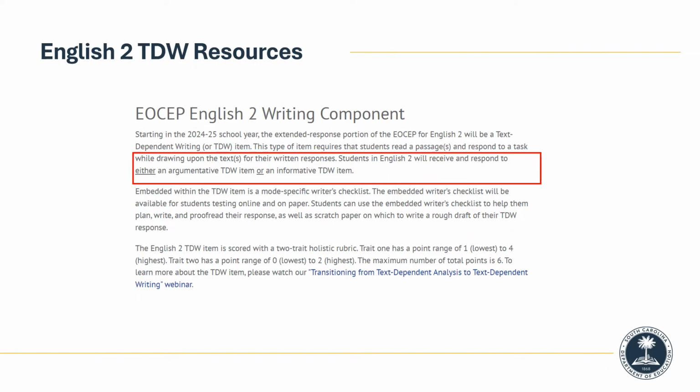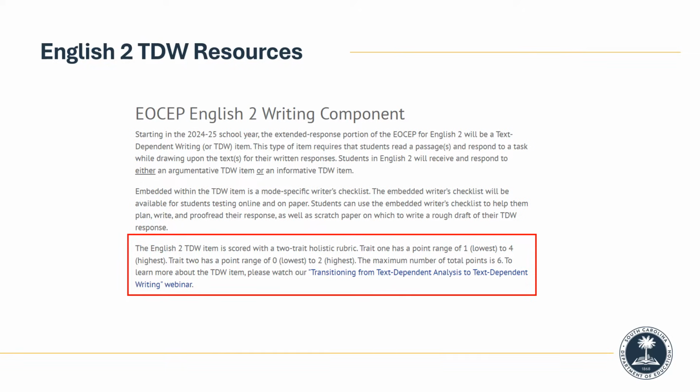The fall administration of the exam may assess in a mode that is different from the spring administration or that is the same as the spring administration. If teachers are providing instruction in all modes of writing, students will be prepared. As an additional reminder, all 3 modes of writing will be assessed through standalone items on the EOC exam for English 2. Please revisit the test blueprint for more details.